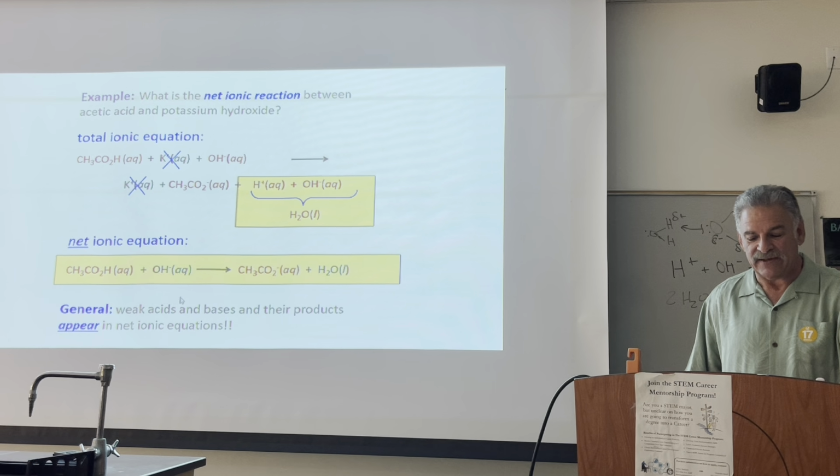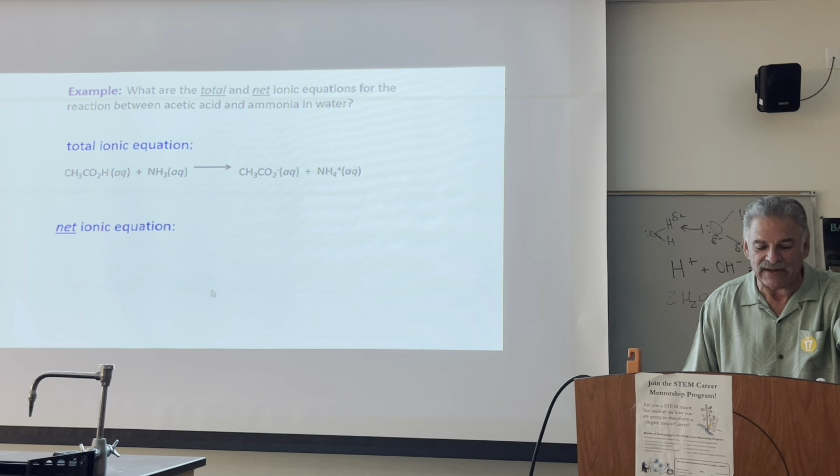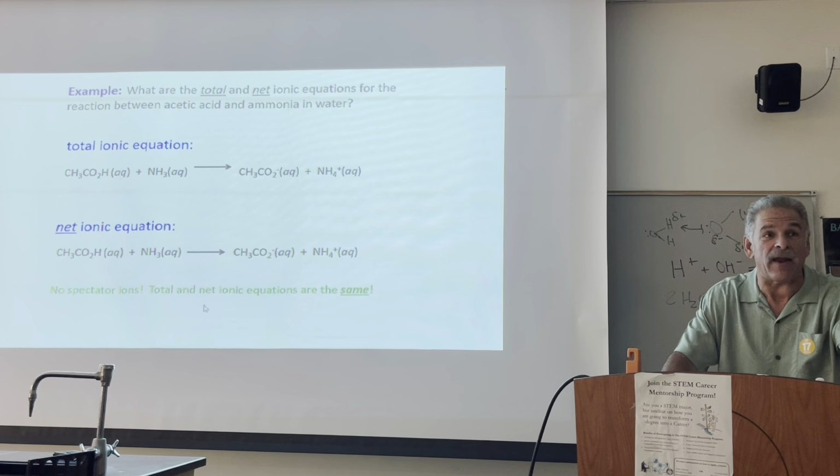So what are the total and net ionic equations for the reaction between acetic acid and ammonia and water? So these are two what? A weak acid and a weak base. So you would have thought ammonia is a strong base, but it is not. It only partially dissociates. All right, so